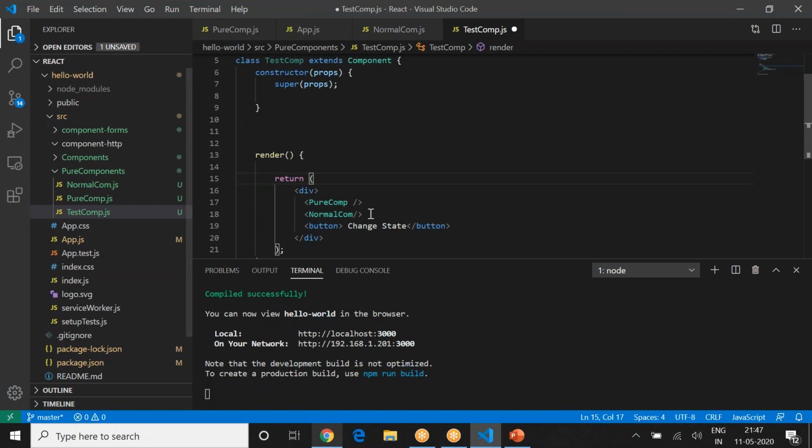So just change this state. So pass the properties from the state and come in here. So I'll have this particular component called test component, which will actually send the properties all the way to those components. I'll just say name and name equals, and you can actually pass something here. So let me pass Rishi again. Okay, and I'll pass Rishi to normal component as well.